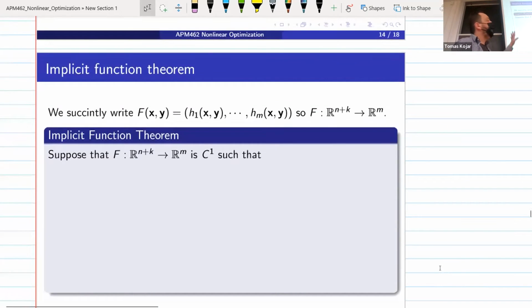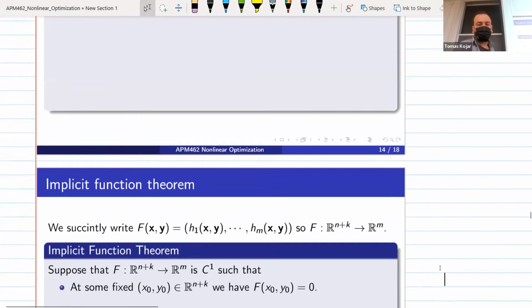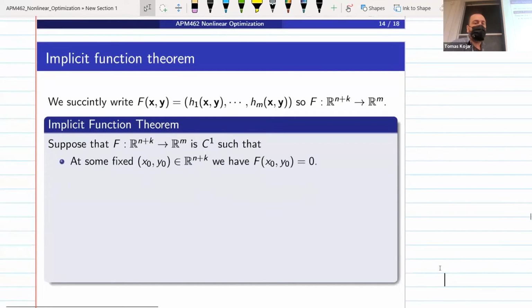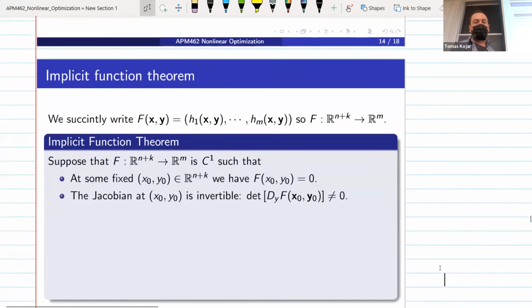Suppose this function is C1, and suppose that you at least found one solution. Suppose just by guessing or Newton's method, you found one solution. Now, you want to find an entire family, and you can do it if and only if the Jacobian matrix